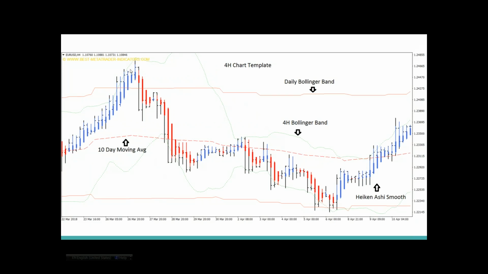And take a look at this setup now. This is 4-hour, right? It was trending until now, and suddenly it stopped. Take a look at this. Here we saw a weak signal. This high here is definitely lower than the previous high, and now we see the price is weakening. From the top of the band, it will hit the bottom of the band eventually.